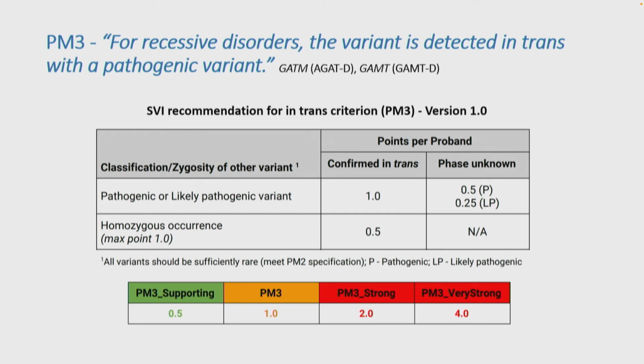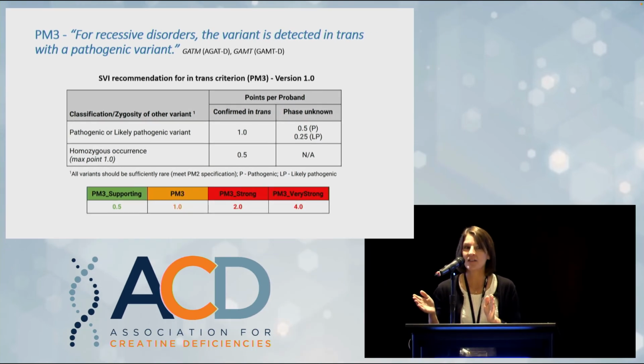So if the second variant is already a known pathogenic or likely pathogenic variant, we can assign a certain weight of points in that situation. But we can also assign more evidence if we know that one of those variants came from mom and one from dad. So again, really helpful to have the results of parental testing for this particular code. And then we simply add up all of our points, as shown on this slide here, to assign our final